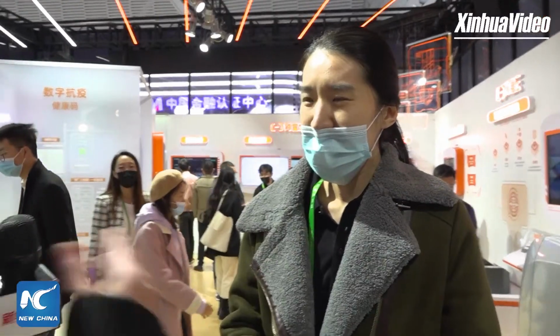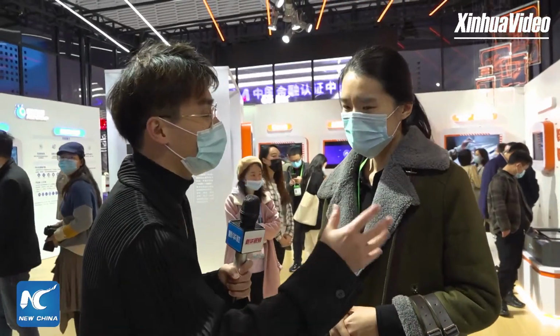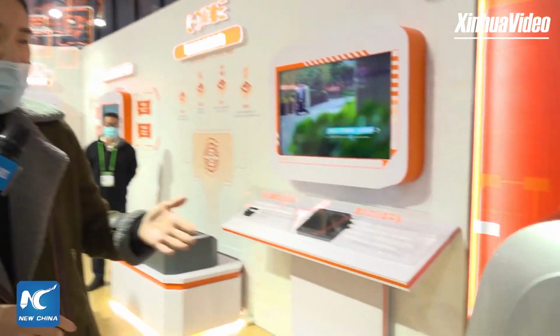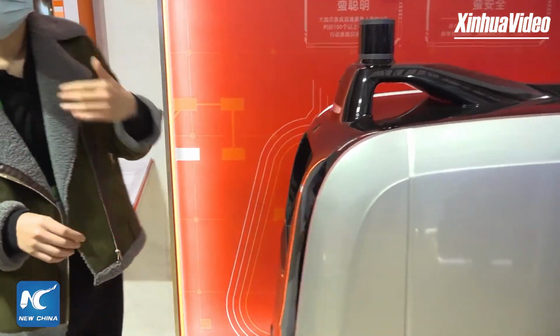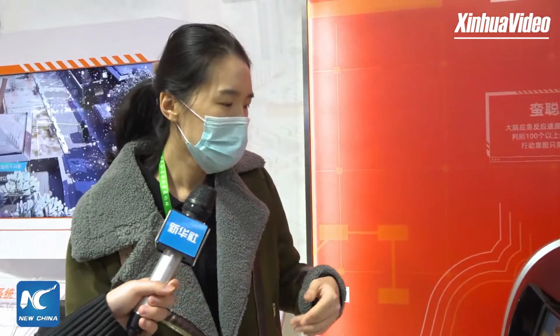Okay, so you've mentioned many features about the robots. So can you just demonstrate how it works for us? Sure, no problem. So firstly, the user needs to make an appointment on the app asking Xiaomanlü what time to deliver to which address. Once Xiaomanlü reaches the place, Xiaomanlü will make a call to you, and you come downstairs. It will call us. Yes, it will make a call to you, and you come downstairs and you